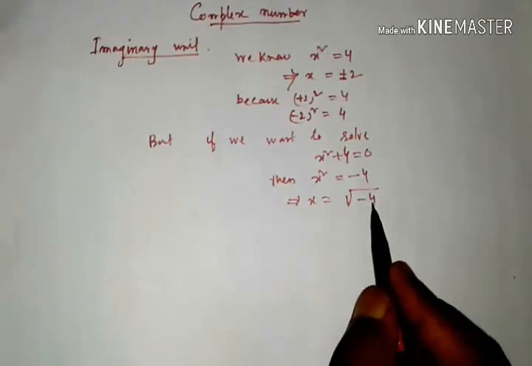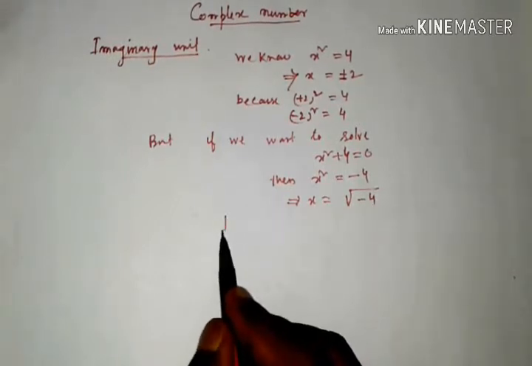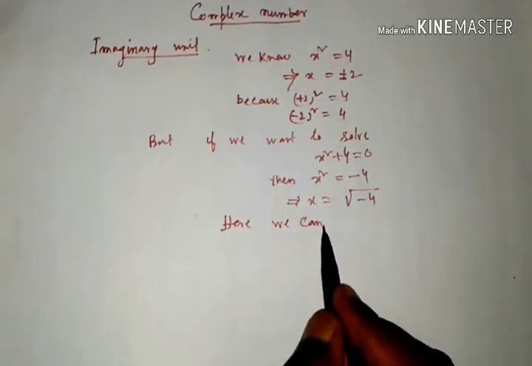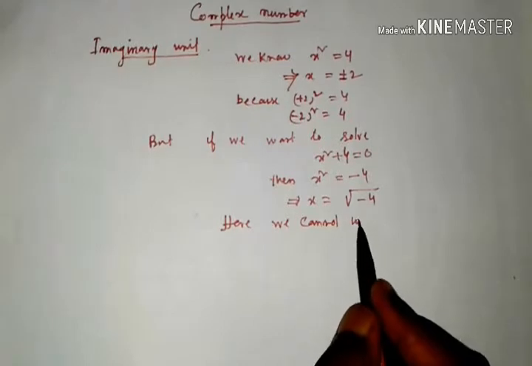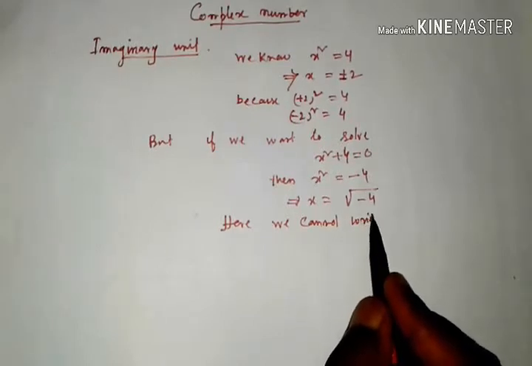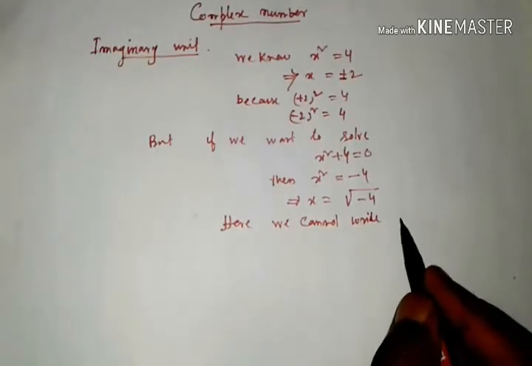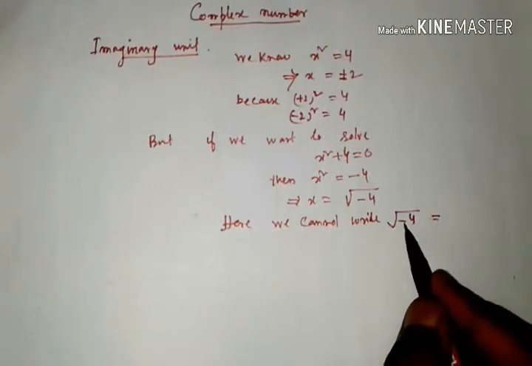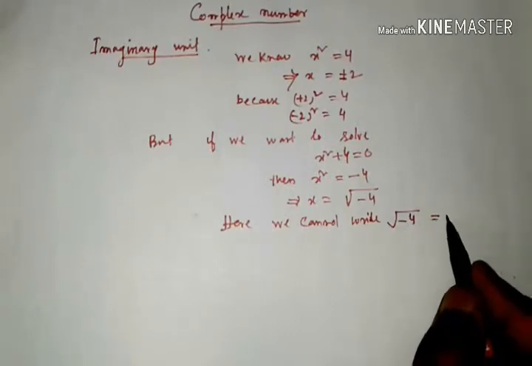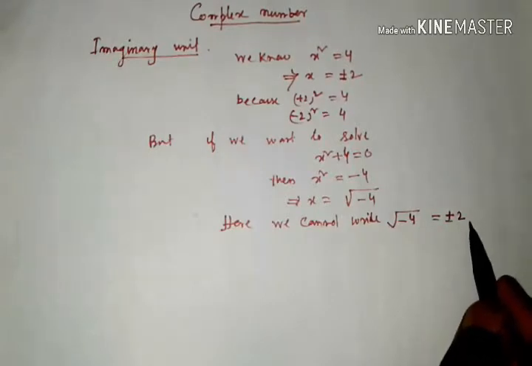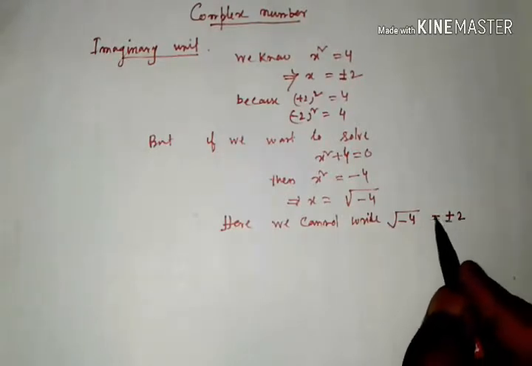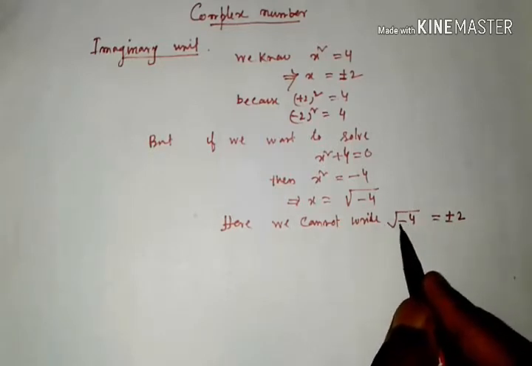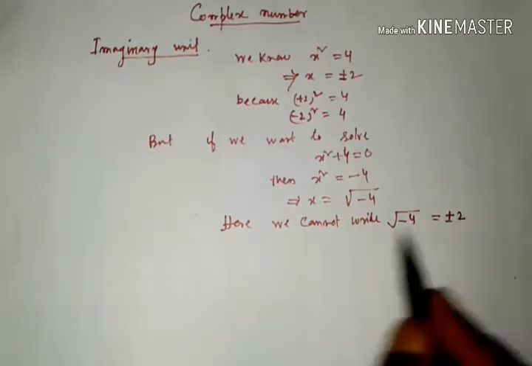Here we cannot write root over minus 4 is equal to plus minus 2, because